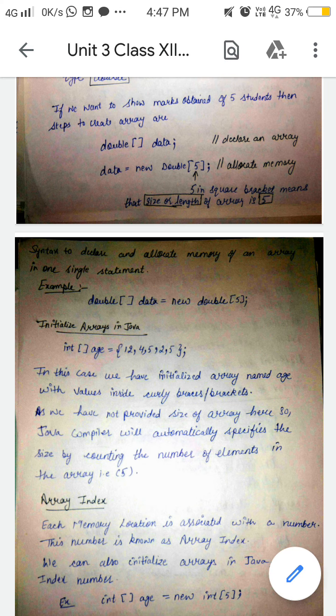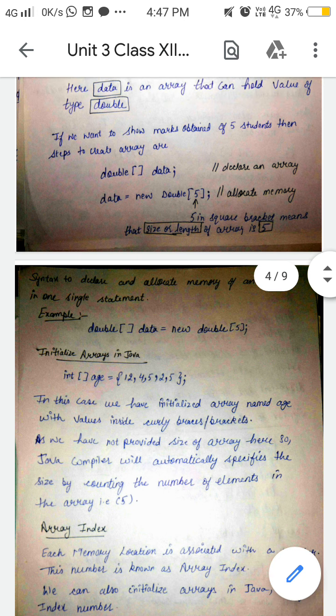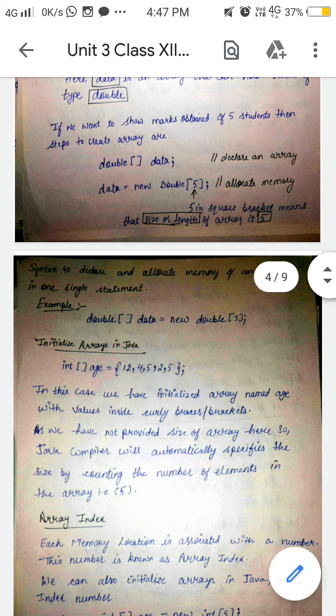Okay, and now the syntax to declare and allocate memory of an array in one single statement. These were the steps where you declare and allocate memory to your array in 2 statements. But what if you want to declare and allocate memory at the same time?